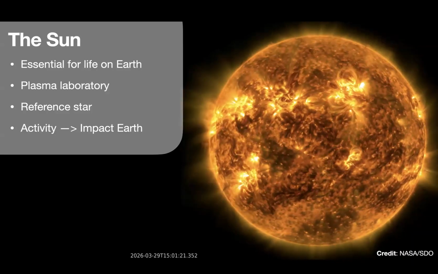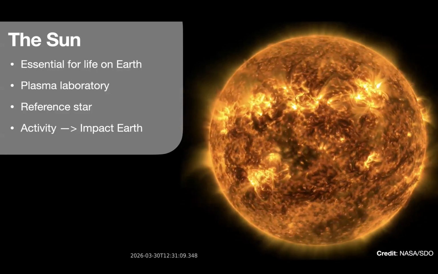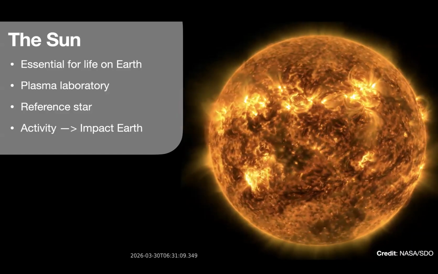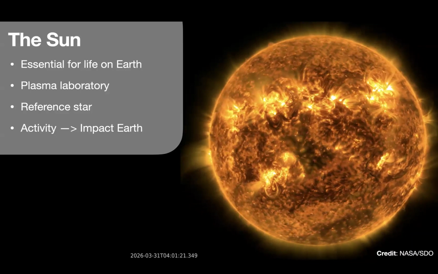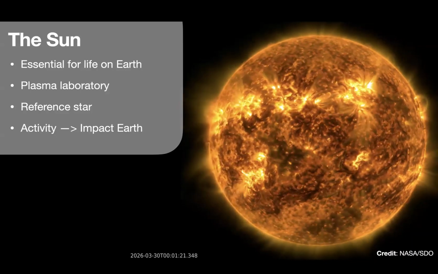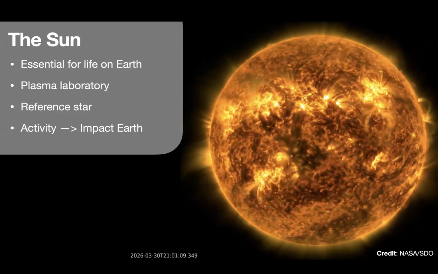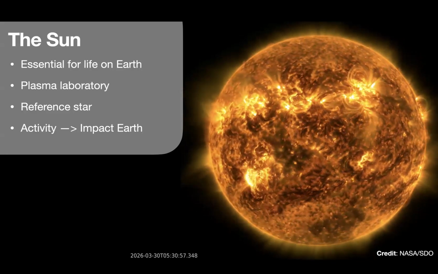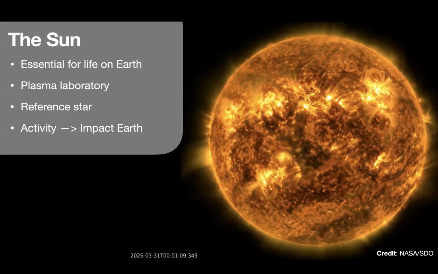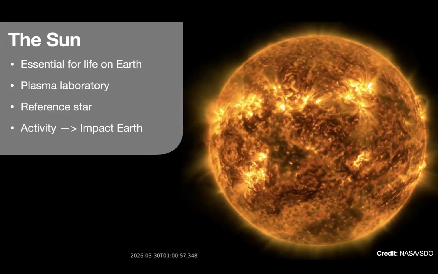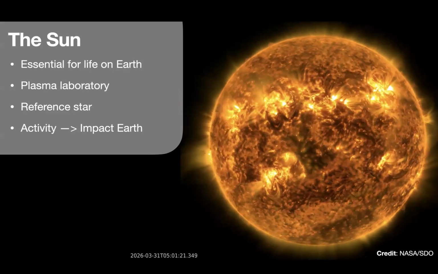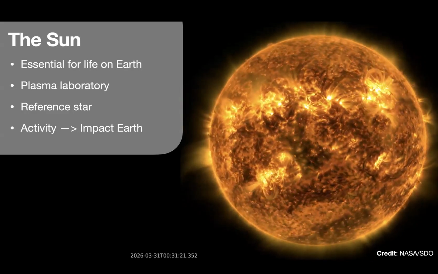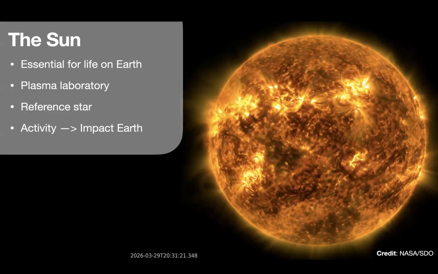As you can see in this observation in the ultraviolet, this observation covers almost 3 days at the end of March of this year. You can see that the sun is a very, very active and very, very dynamic object. It is essential for life on Earth by providing us with much needed light and heat, but it can also act up and cause various disturbances that we'll look at.